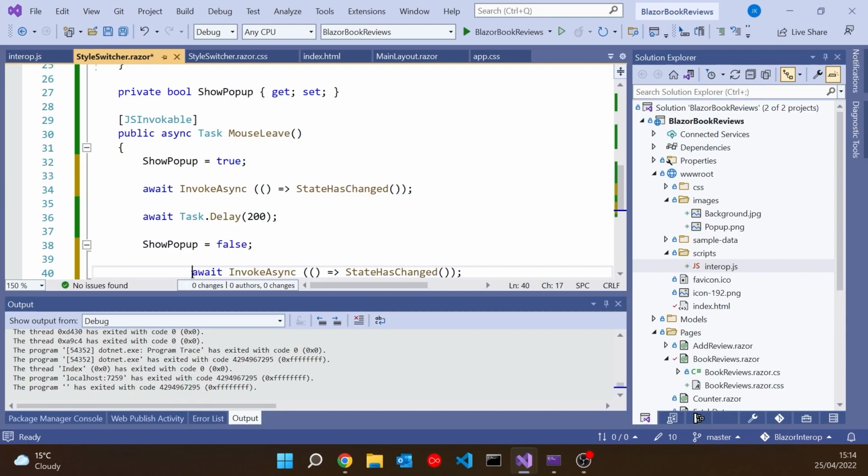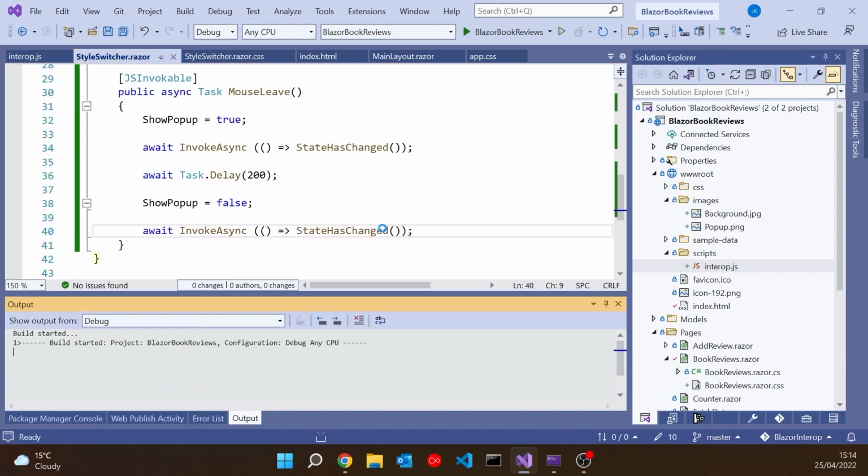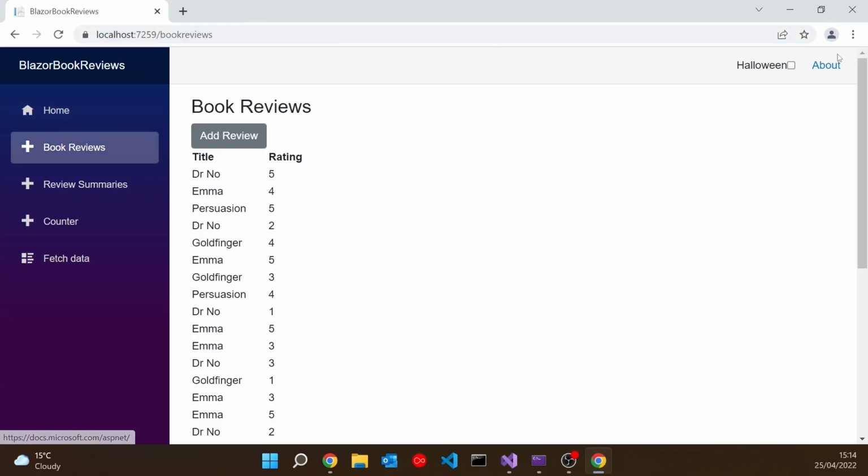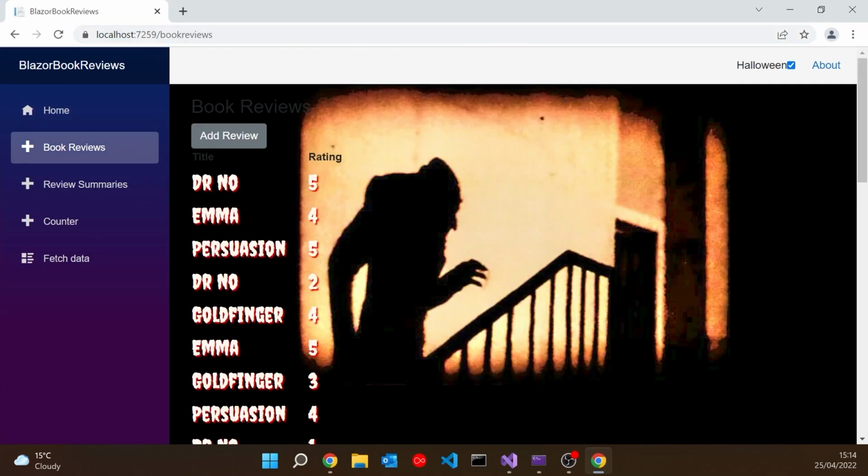And so that now means that the DOM and the display should be updated. So now if I run that up and we move out, then you can see flashing up there for just 200 milliseconds, we've got that skull. So if we switch to our Halloween theme, then you can see we get the skull popping up over that. So nothing particularly pretty, but it does show how we can do these things.